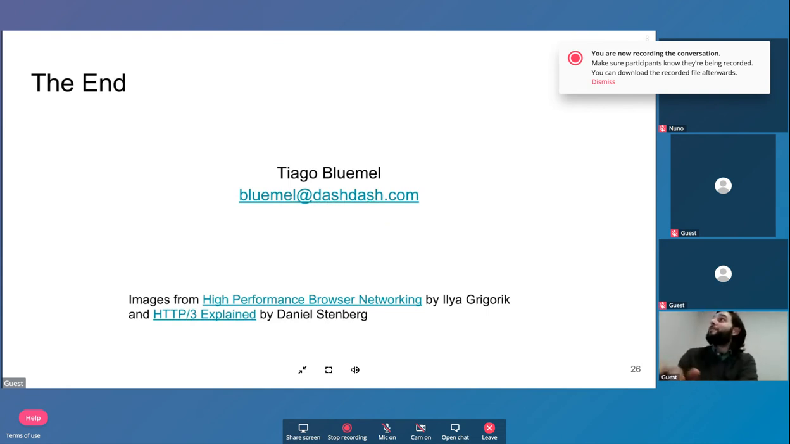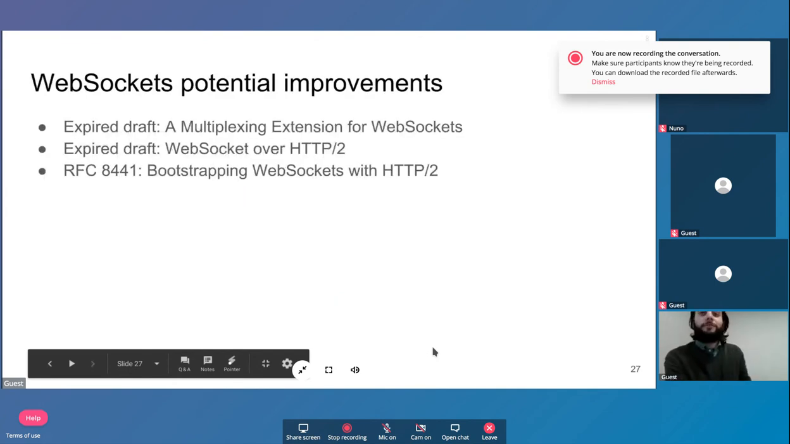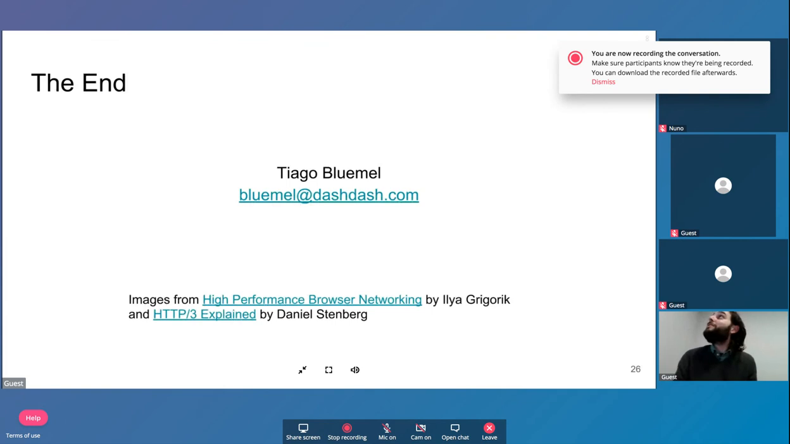Here's the book that I mentioned, where most of the pictures were from, and I recommend that you check it out. But that's